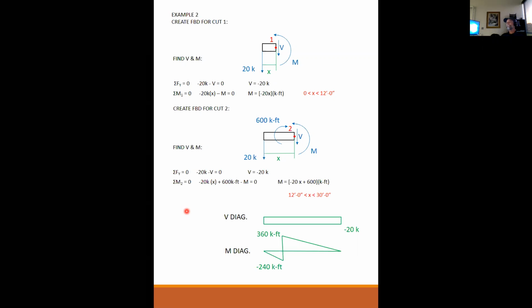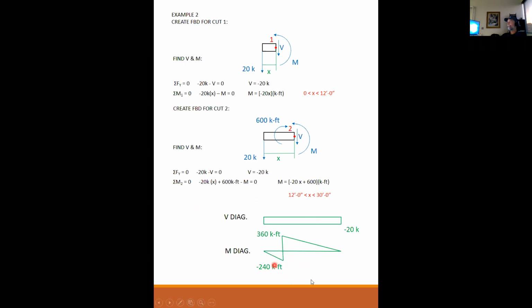It is considered like one of those mathematical singularities. So at exactly 12 feet, it is either minus 240 or it is 360. It is both. But the better way to think about it is at